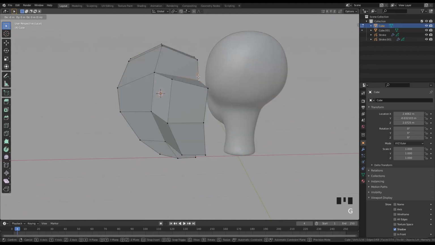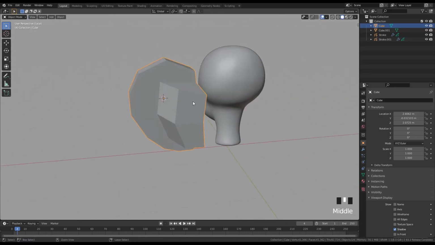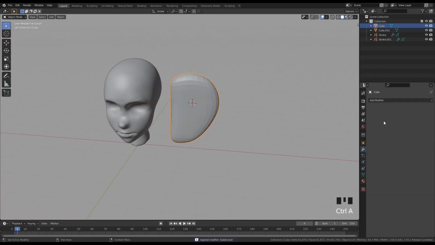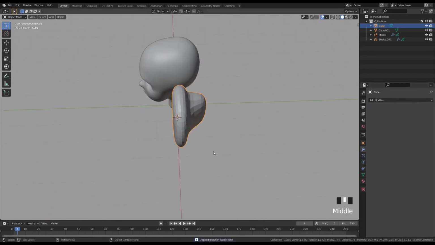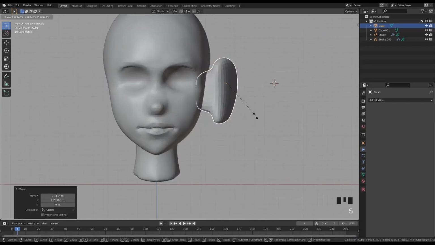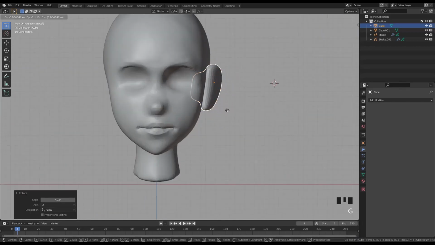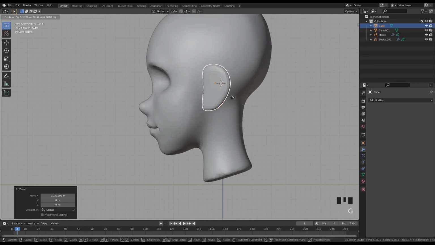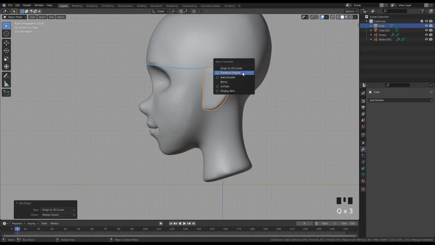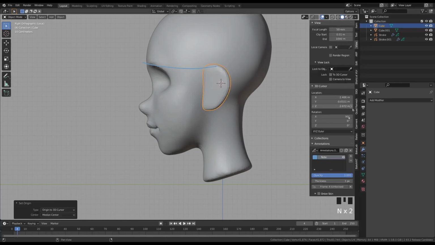So the next step that I can do for this one is to press Ctrl 2 to add a subdivision surface that I can already apply by going into the modifiers and pressing Ctrl A on top of it. And I have a pretty good base now that I can scale, that I can rotate, and that I can place in the right location for my mesh. So it will be behind the jaw and approximately on the, if I'm making it right,